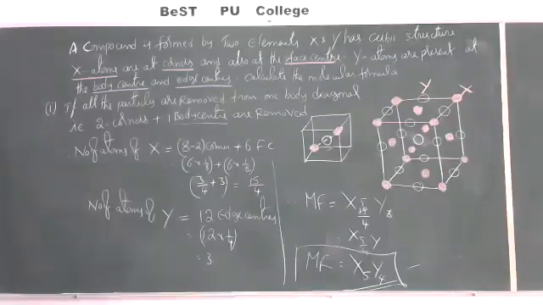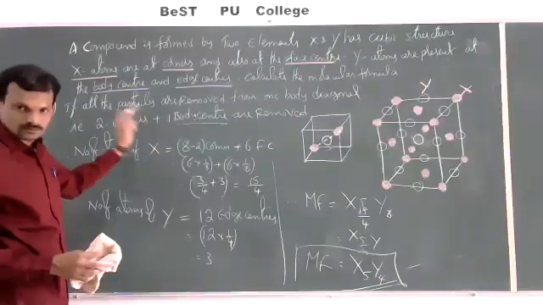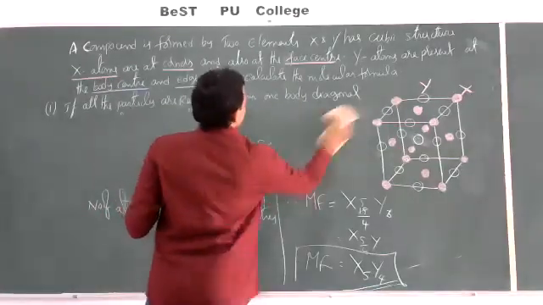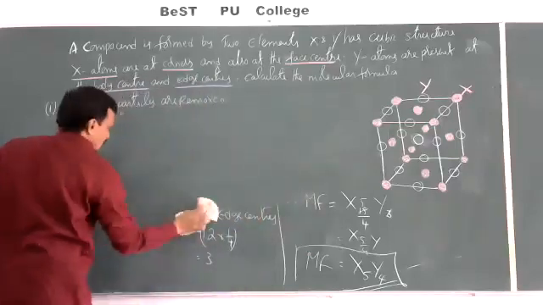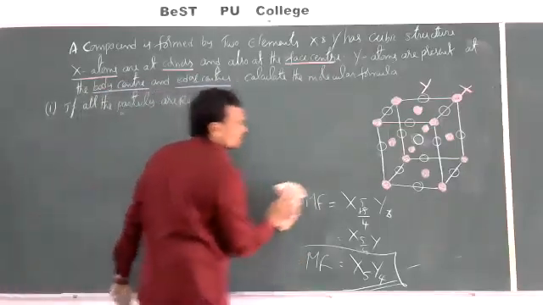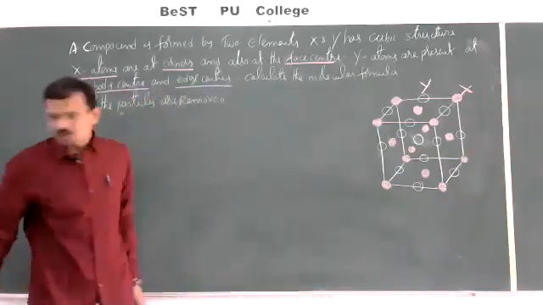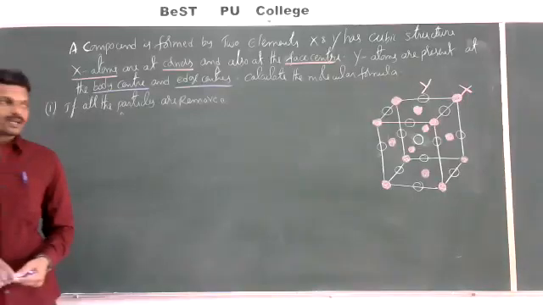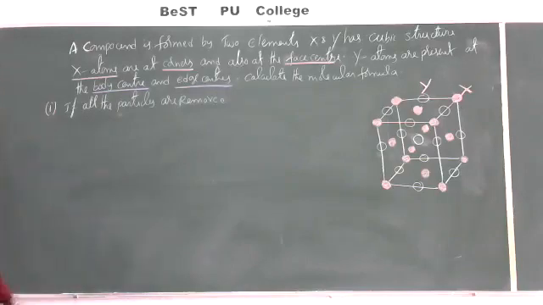Okay, right. Now I'll go for the second application here. Understood this one? Okay. I'll go for the second part. See, whatever they asked, first for the given condition, draw the diagram and identify which particles are removed. Based on that, we will calculate the contribution of the remaining particles. Then you can get the number of atoms of each type of atom. From that we can calculate the molecular formula of the compound.